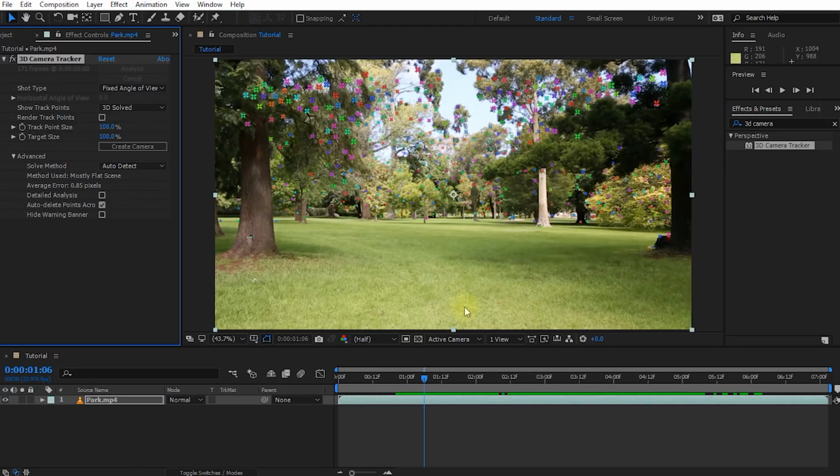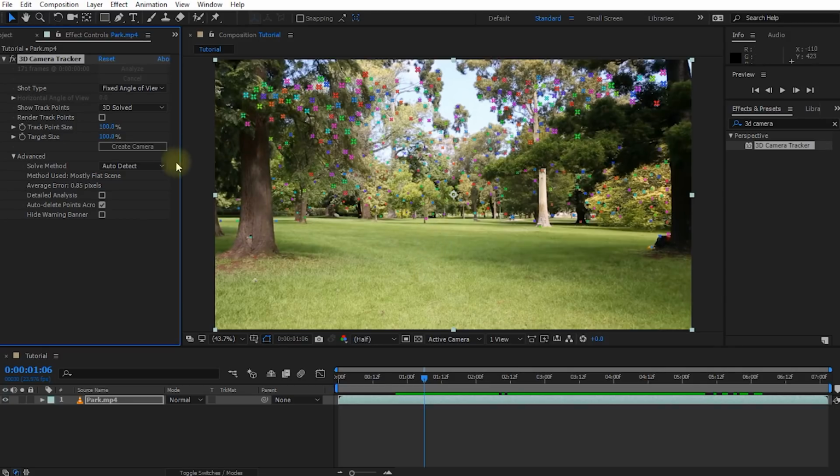When we filmed this footage, and you can actually see this from the clip, we didn't actually move. We kind of just aimed the camera around from one spot. This particular type of shot is actually called a pan tilt zoom. It's also sometimes called a tripod pan because the camera isn't moving forward or backwards. There is no parallaxing happening in your scene, and so the 3D camera tracker does struggle to figure out the